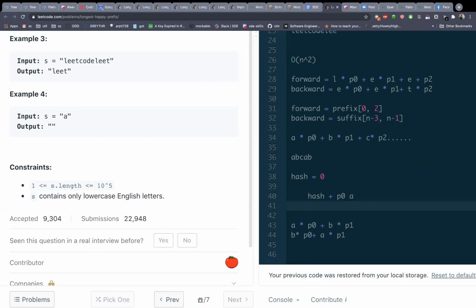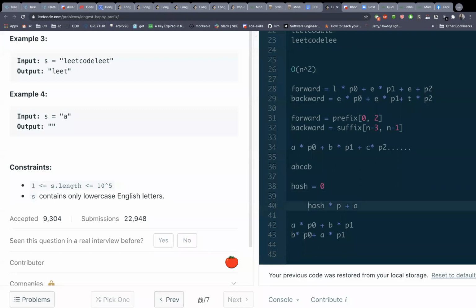Then what I'll do is come from the backward. If you're checking the first character A, we will do it simultaneously. So how do we calculate the hash? Here we will calculate our reverse hashing logic. Hash into P, where P is the same all the time. So hash into P plus A. This is what we will do first. Then for B, we will do hash into P plus B.